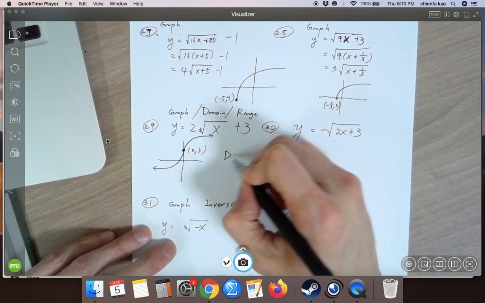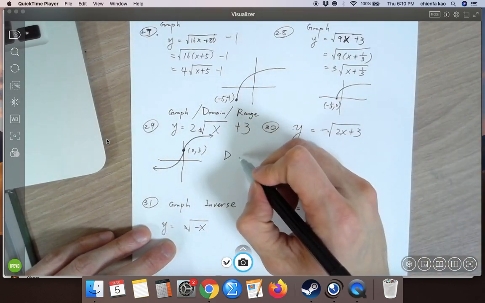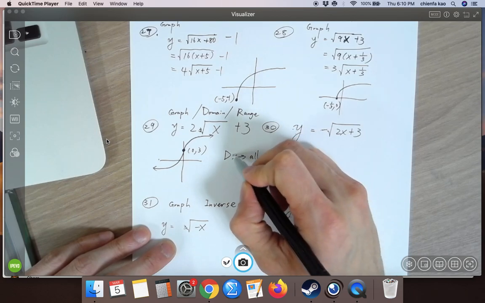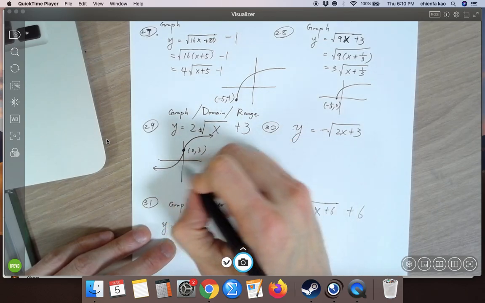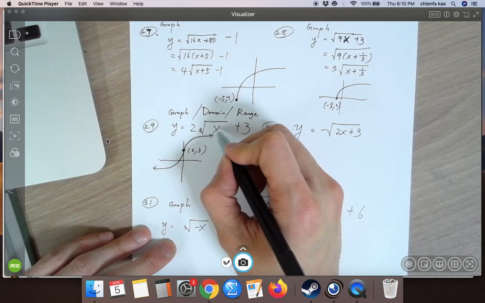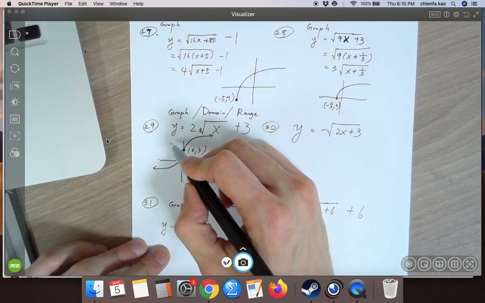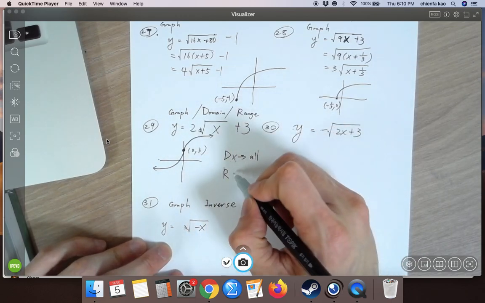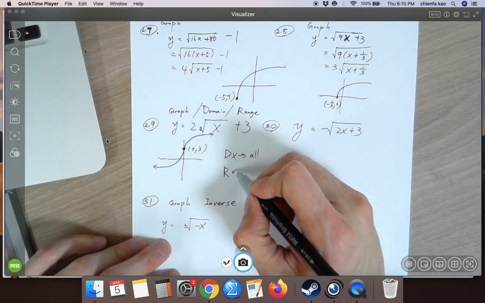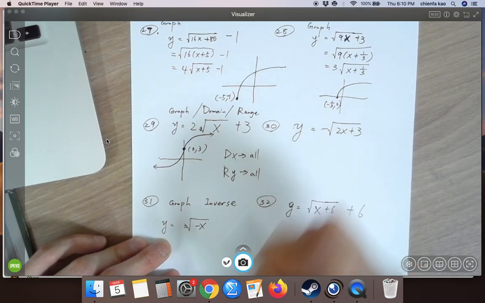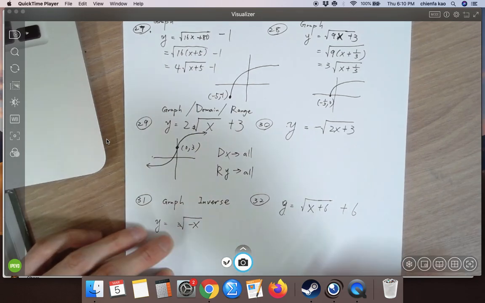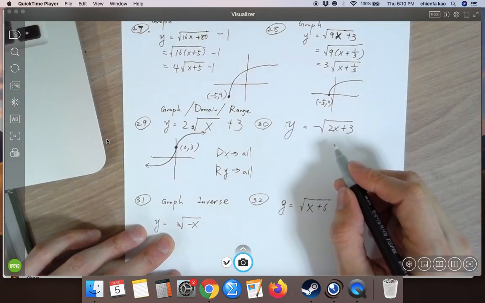All right, domain, just look at it. All numbers. Range, just look at it. If you put in any x, if you put in 100 trillion, y is going to get really, really big. So it's going to eventually get to all of the big numbers. So, all right, this one,